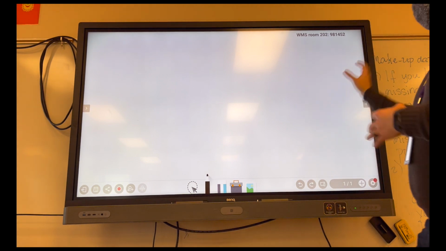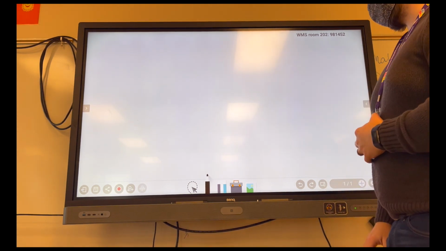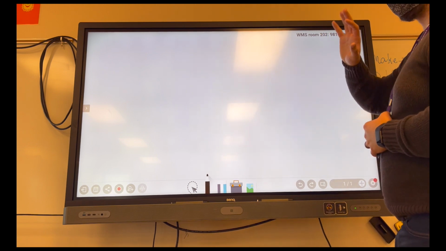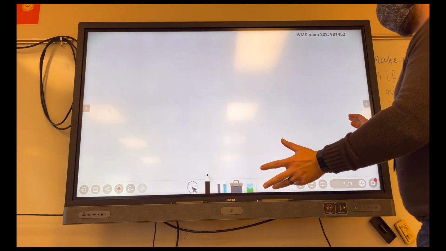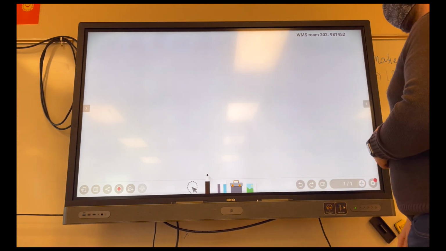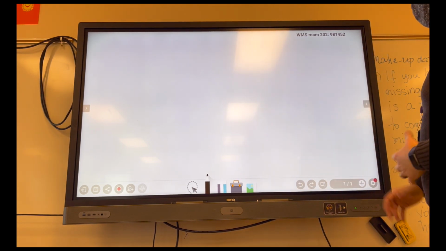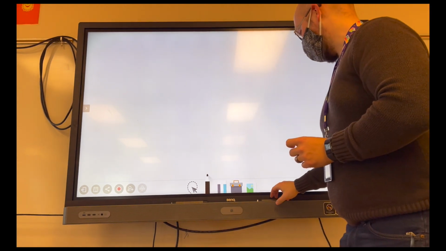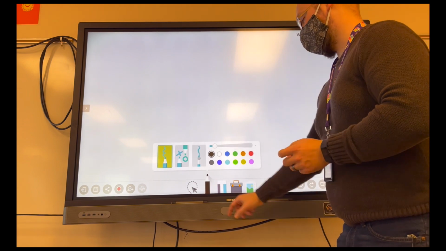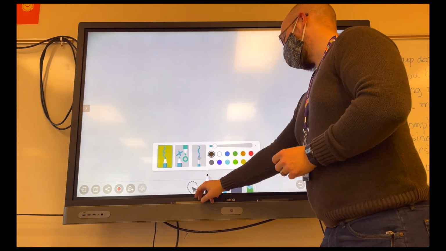So from within here, there's a handful of things you can do. If you're used to programs like Smart Notebook and those kinds of things, this isn't nearly as feature rich as those programs. This functions a lot more simply, just as a big digital whiteboard. And so you'll have all your tools within your pens, your different pen styles. You can change the color, you can change